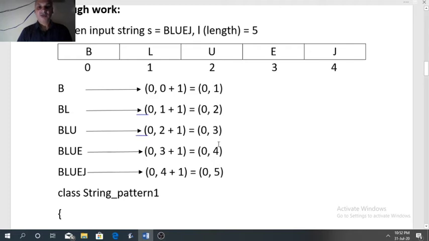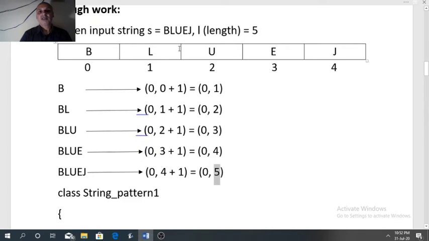So 1 2 3 4 5, this is the sequence. This sequence will help us to find the loop required for printing the pattern. So how our loop starts? We can write the loop here, I equal to 1. It goes up to 5.